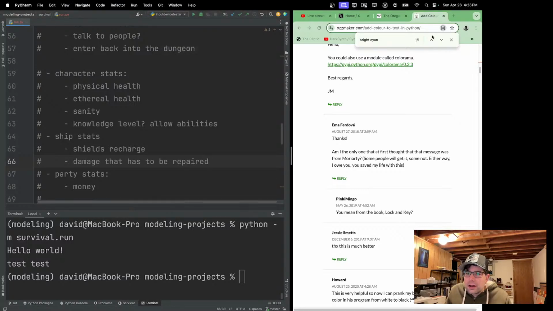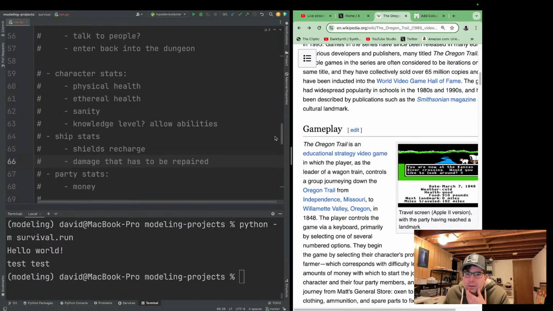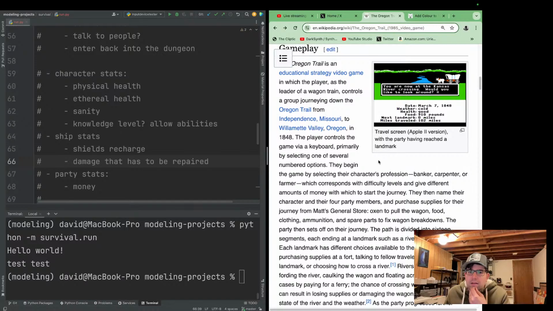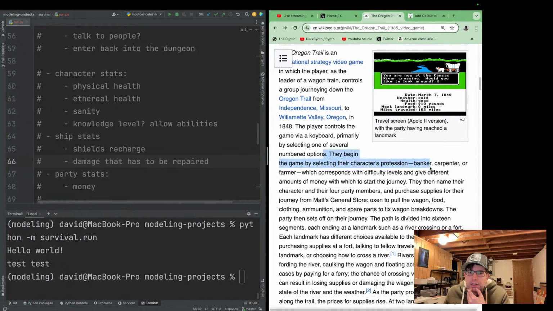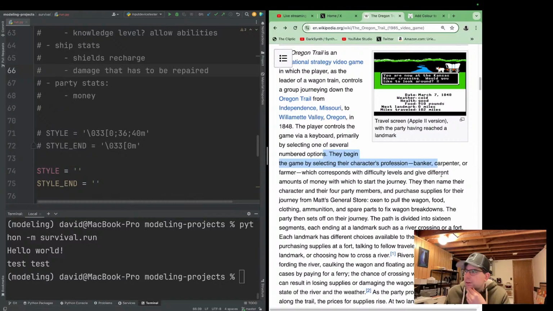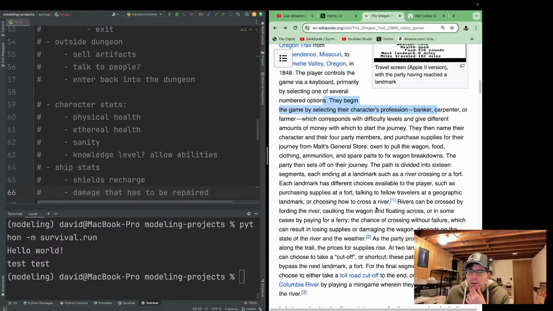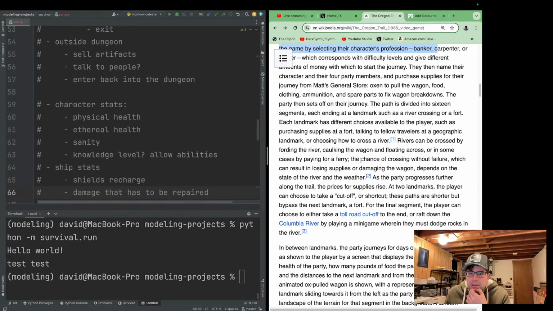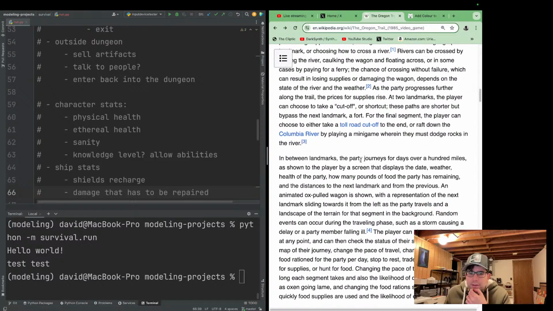So let's take a look at the Oregon Trail article once more and see if there's anything else that we want to get. I know there's beginning game stuff too, like where you select the players. And I think we're going to do 3 party members rather than 4 or 5. Let's see here.